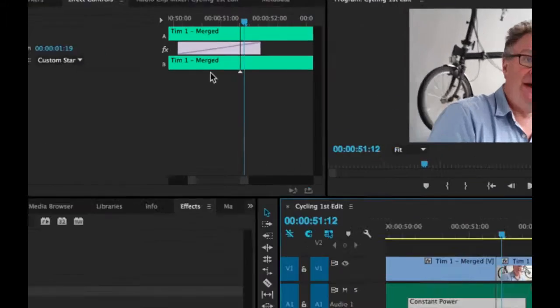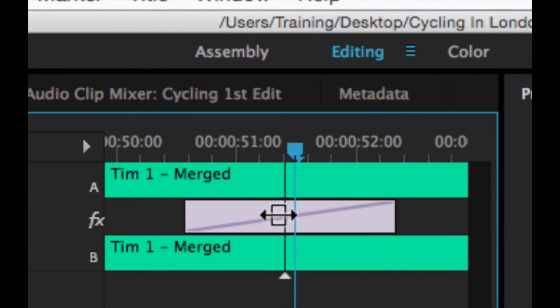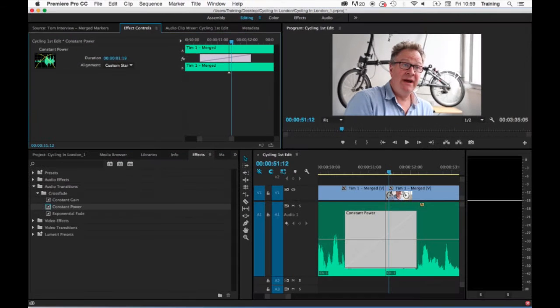The same process can also be done in the Effects Controls window by clicking in the middle of the transition and dragging it left or right up there, and that has a direct correlation to what you're seeing on the timeline. One other quite useful thing you can do with the transition controls in the Effects Controls window is move